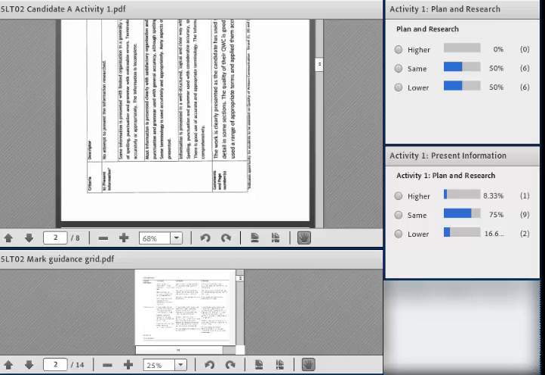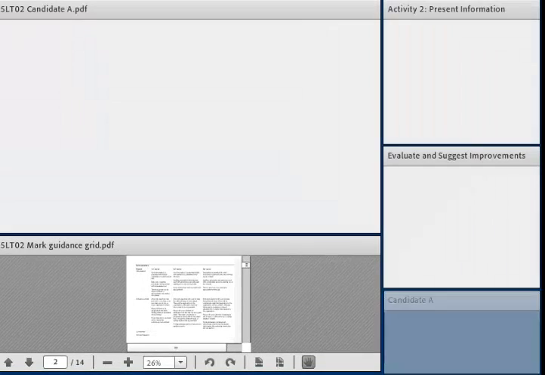The present information: 3 aims are presented and discussed, with limited reference to the chain of distribution, which you've probably all picked up, but the pricing strategy is actually still quite a strength. So again, we did leave that at 4, and in fact 9 of you have said yes, which is a sizable amount, 75% said you would agree with that. So that's fantastic. Mel, if we can bring up activity 2 from the same candidate.